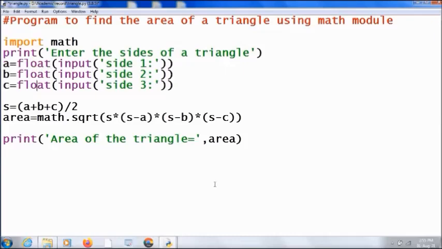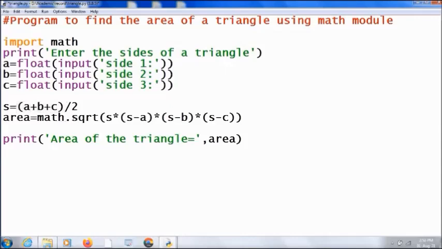The equation to find the area of a triangle is root of s into s minus a into s minus b into s minus c. s is calculated using the equation a plus b plus c, the whole divided by 2. See the expression a plus b plus c, you have to write inside the bracket. Don't forget these brackets.